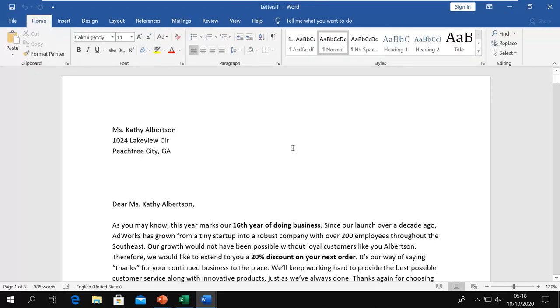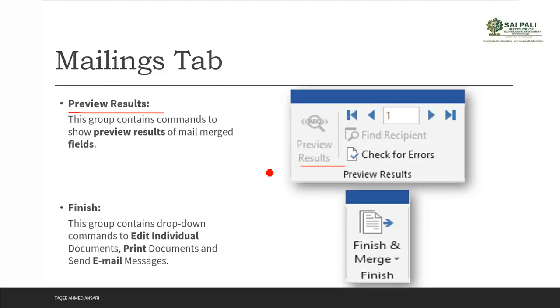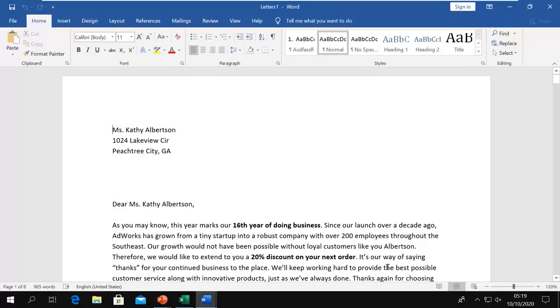Then the final group in this Mailings tab is Finish. The finish means this is the sixth step, and this group contains the command to print. This is the dropdown command, Finish and Merge, and in this you have the commands to print or edit individual documents.